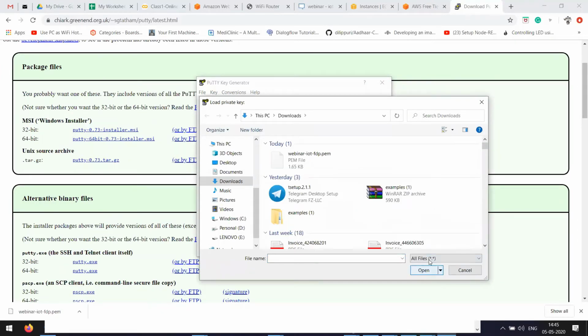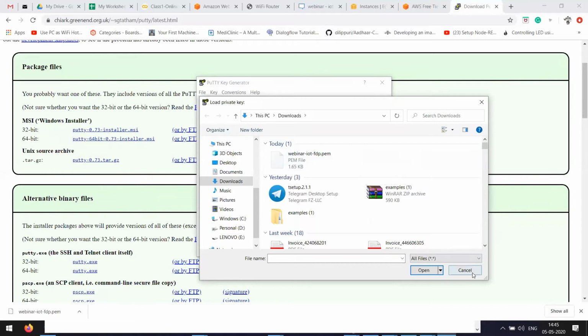If you select all files, then the PEM file will be displayed. When you click on load, you'll get a browse window where you need to select your PEM file. Click on all files, and then you can see your PEM file.